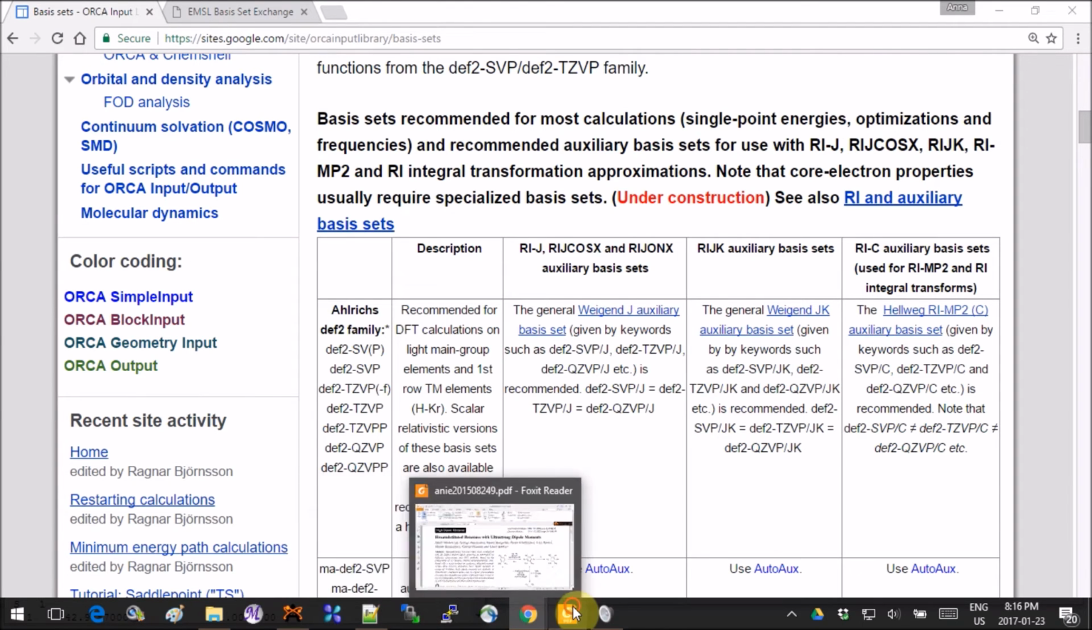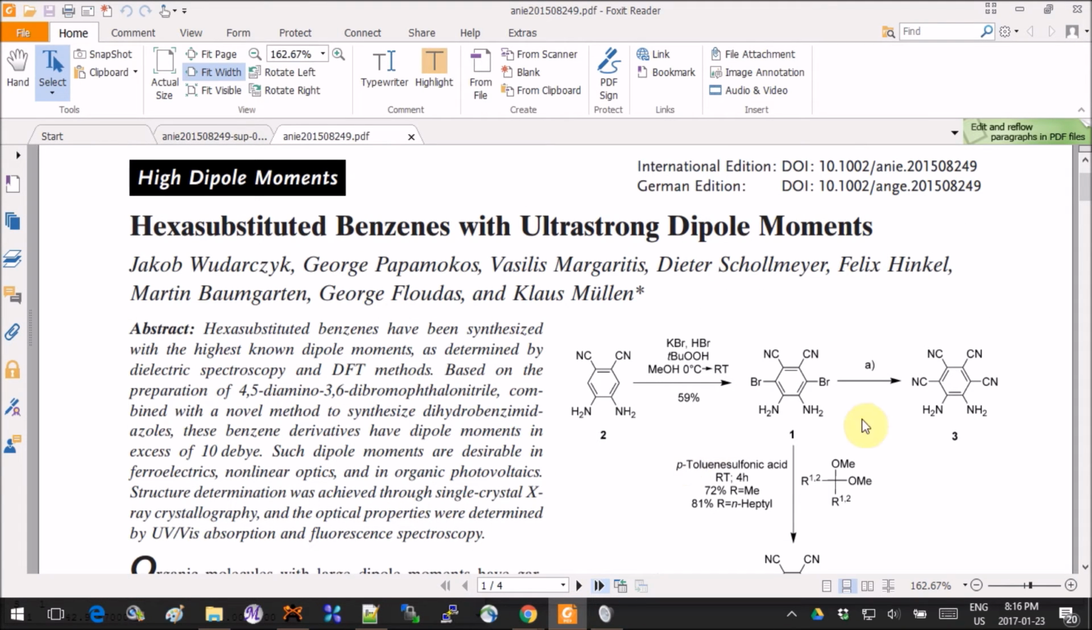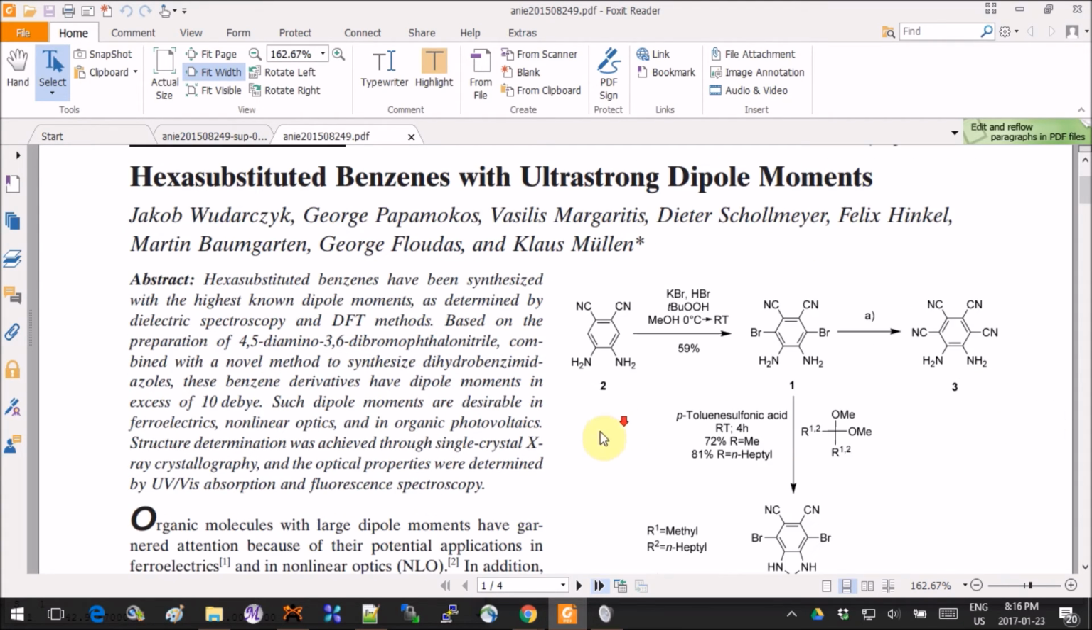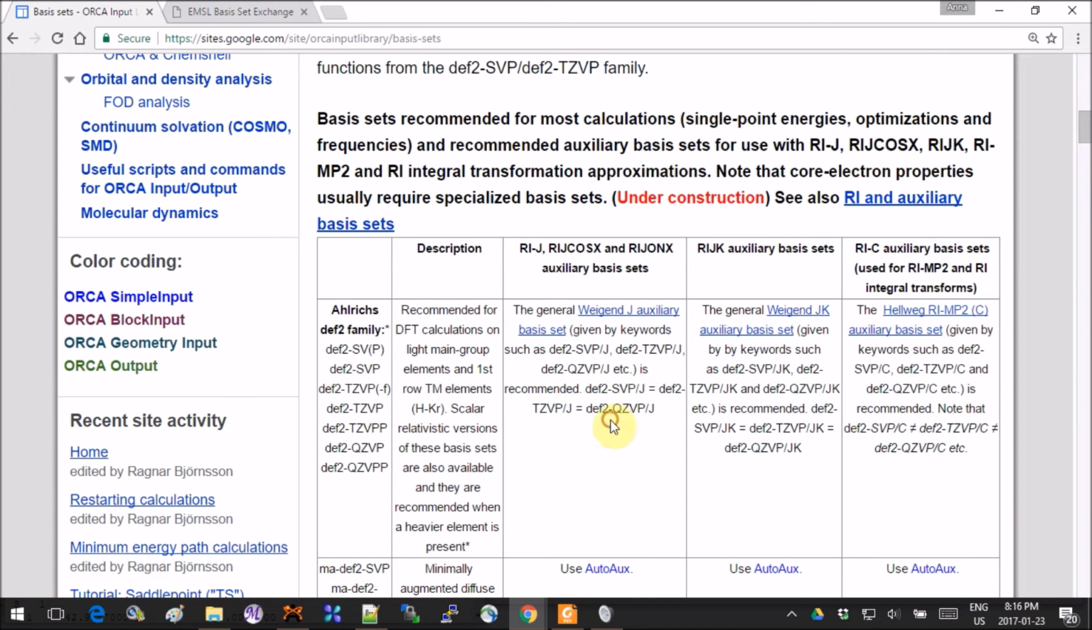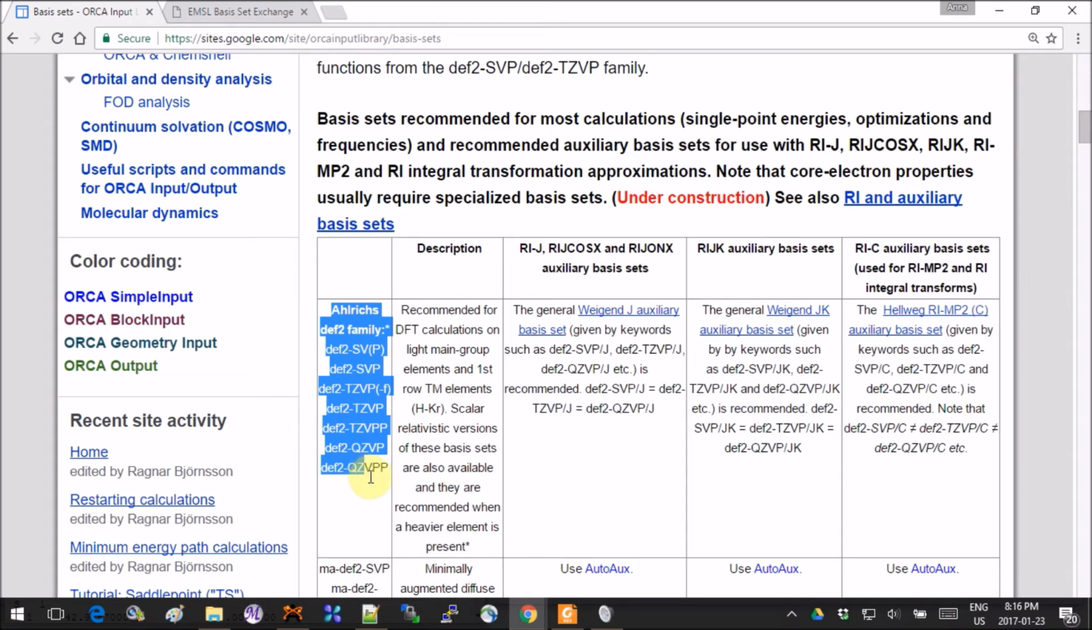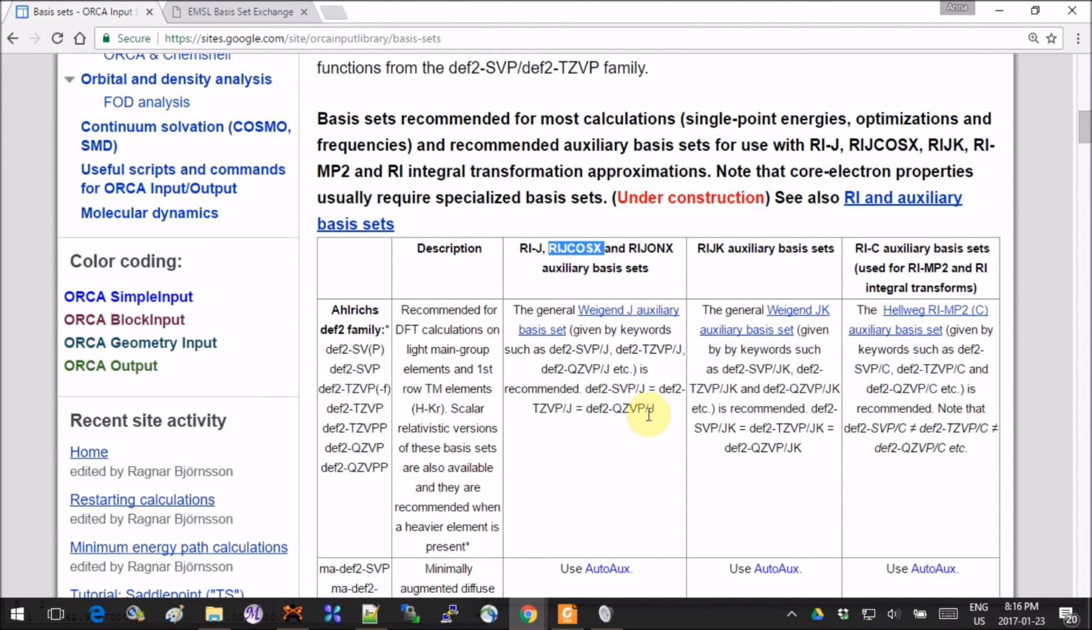So in the paper that we started off looking at, we have the experimental value for this compound 3, and I wanted to see whether I can get to the same number as they got experimentally by using different sizes of basis sets with otherwise the same conditions for everything else. So I have picked to use this family, the first family over here, because I wanted to use this RIJCOSX